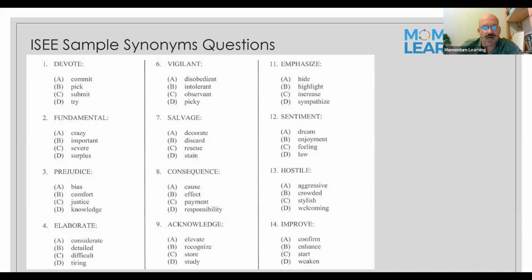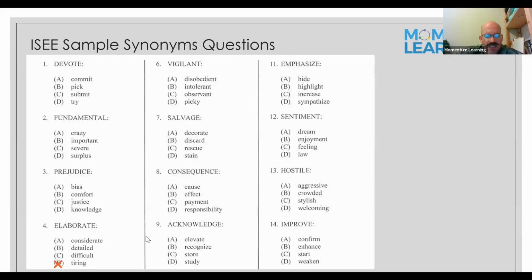The students that are on the call with us, because I know I've got some parents and some students, let's look at number 4. On number 4, what would be one of the words, and you can just unmute and tell us, that you would mark out on number 4? Lily, what would be one of the words that you would mark out? So elaborate. Tiring. Tiring, yeah.